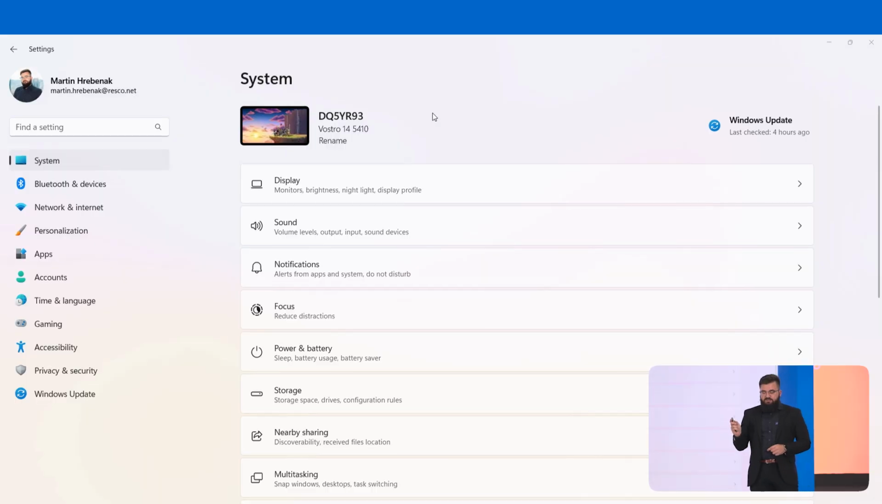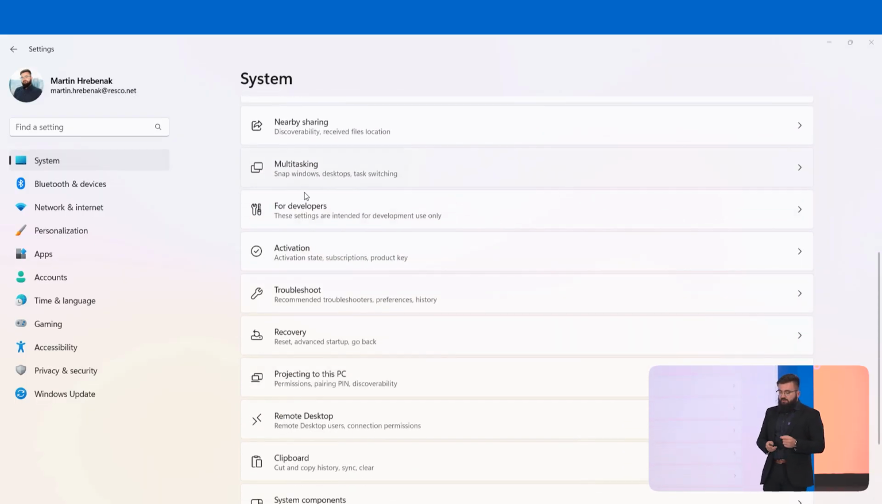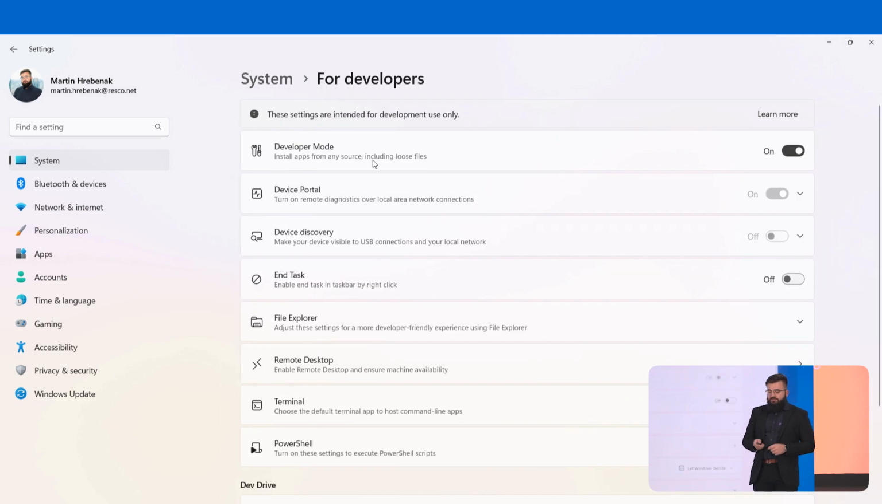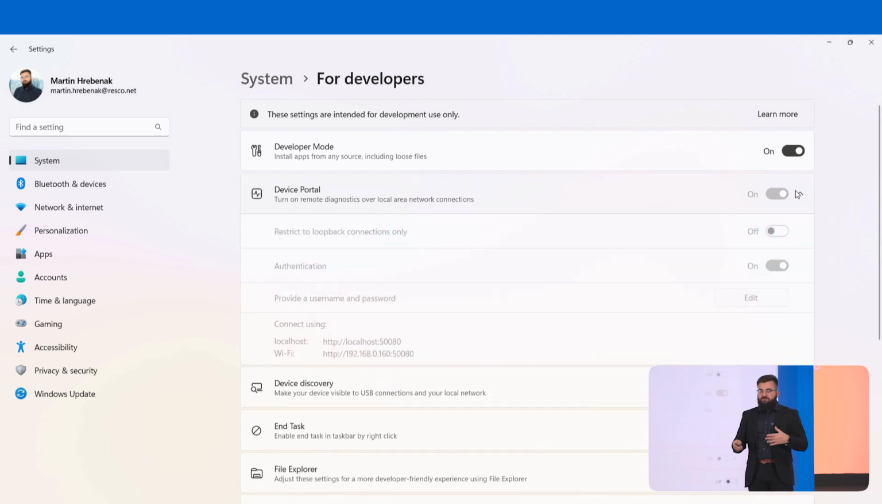So let's see how to make it work. All you have to do is to access system settings, settings for developers, enable the developer mode, enable device portal, which can take some time. It can be even a few hours, so you have to wait a bit. Then you can enable authentication, which will allow you to create your credentials if you want to access this debugging method,